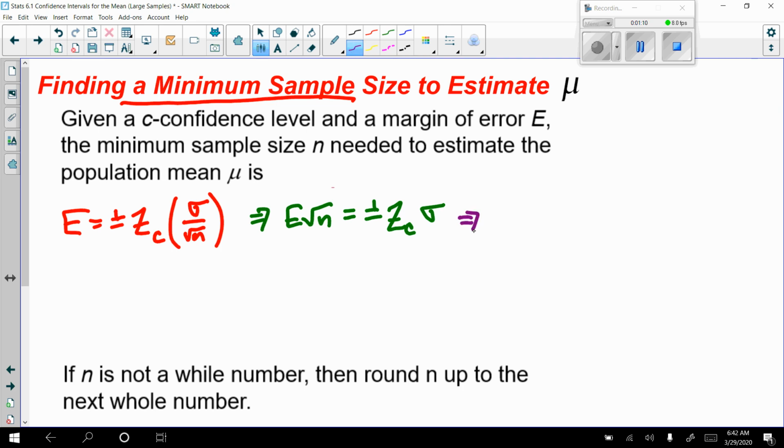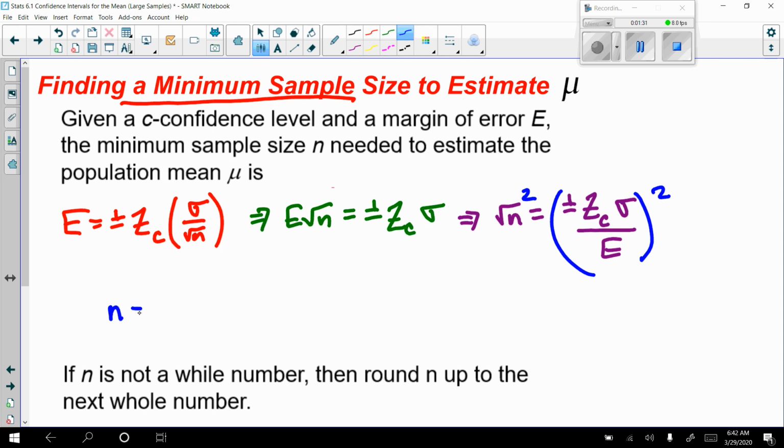Now I need to get n by itself, so I'm going to divide both sides by E. So the square root of n is equal to plus or minus the critical value times the standard deviation divided by E. And finally, I need to get rid of the square root, so I need to square both sides of this. So n is always going to be equal to